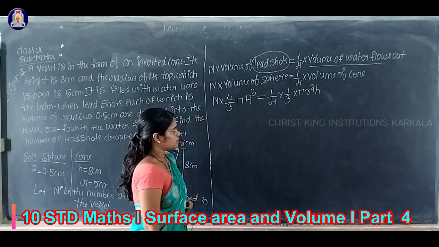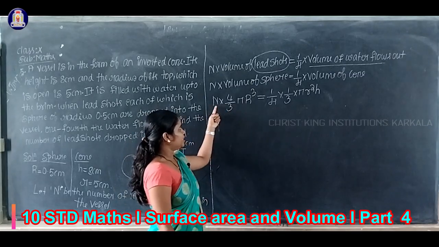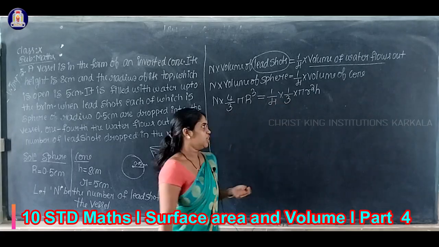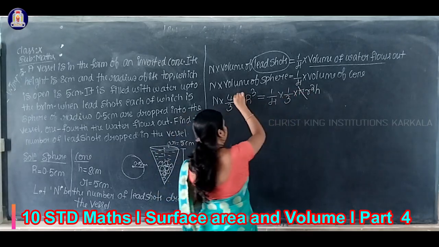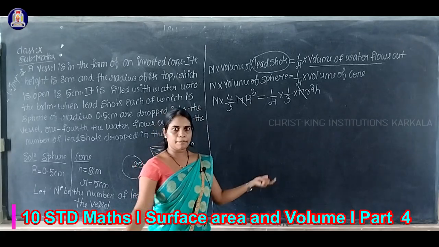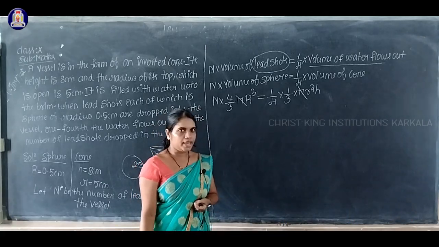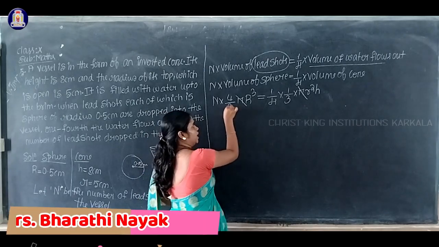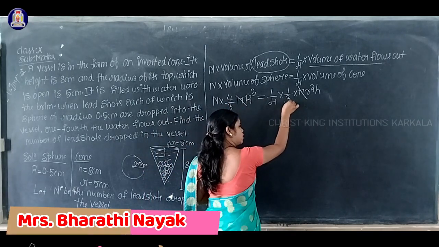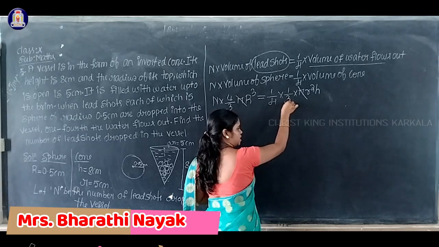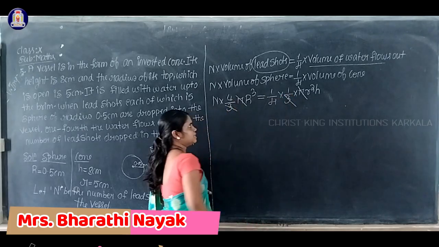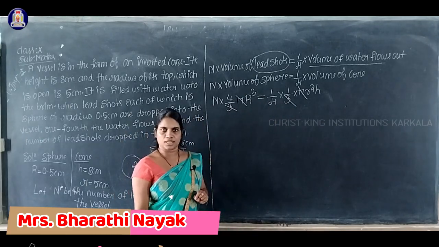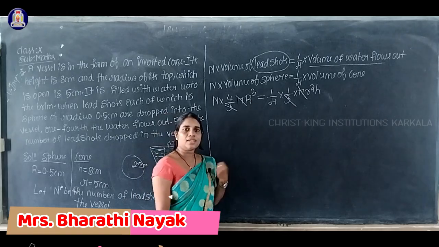Okay, see students, in the left hand side only multiplication symbol, even in the right hand side also only multiplication symbols. So therefore, can I cancel this pi and pi? Left hand side pi and right hand side pi. Again, in the left hand side 3 is in the denominator, and in the right hand side also 3 is in the denominator, isn't it? So shall I cancel that 3 and 3? Because both are in the denominator.